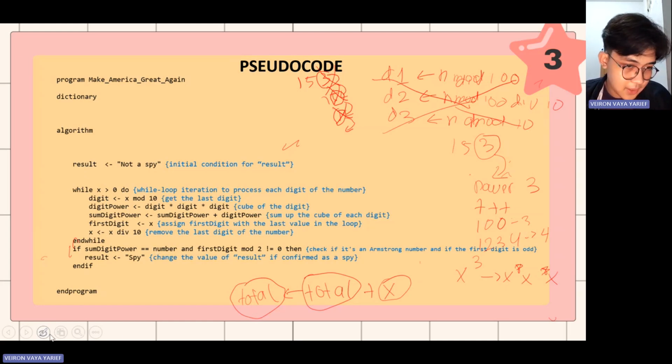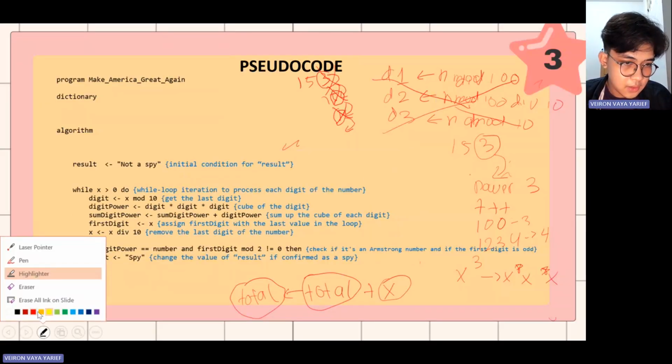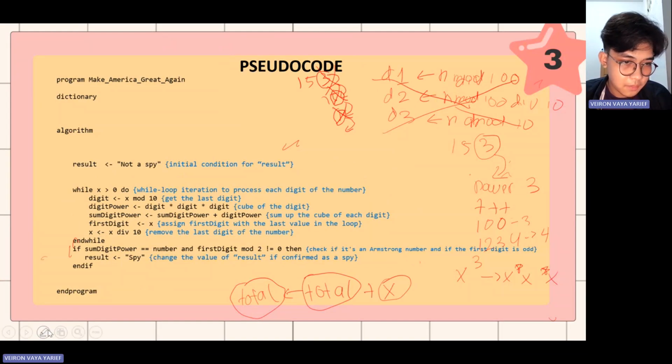What is the important thing here to highlight? We need to see here. Number. We didn't have x. We have x, but why do we use number? We need to compare it with the first input, okay?